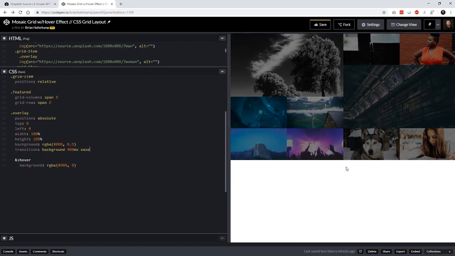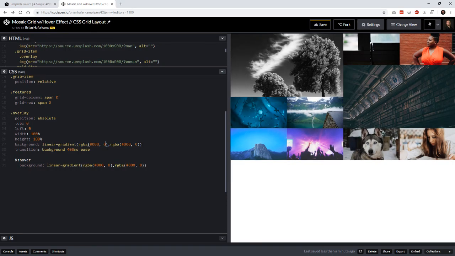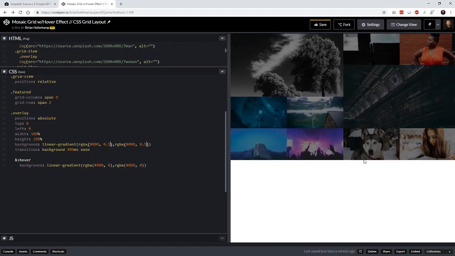I had used a linear gradient before, but this is another way of doing it. I'll show you another way. A lot of times I like to use what's called a linear gradient for backgrounds, and then you do that. So you kind of have a starting point for your gradient and you have an ending point for your gradient, and then use that as the background for the overlay. So we would say 0.5, and then you can see if I'm using some sort of filter or a background gradient,